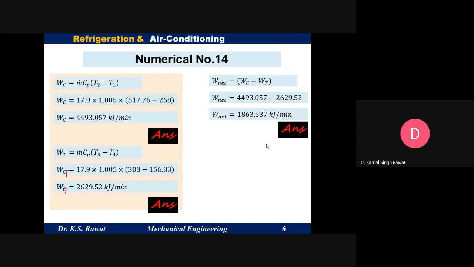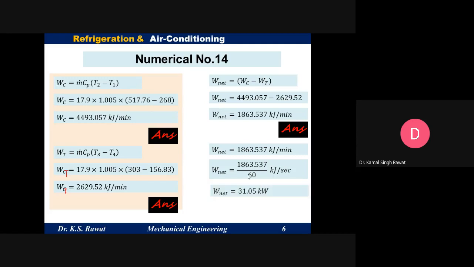Now, last part, we have to calculate the COP and power required, in kilowatt. So for power required in kilowatt, we simply divide this by 60. We can easily find the value of W net or power in kilowatt. So we divide this by 60 and we will get the